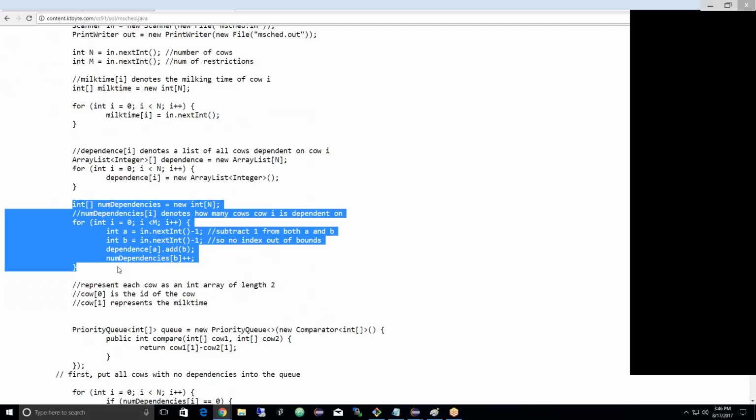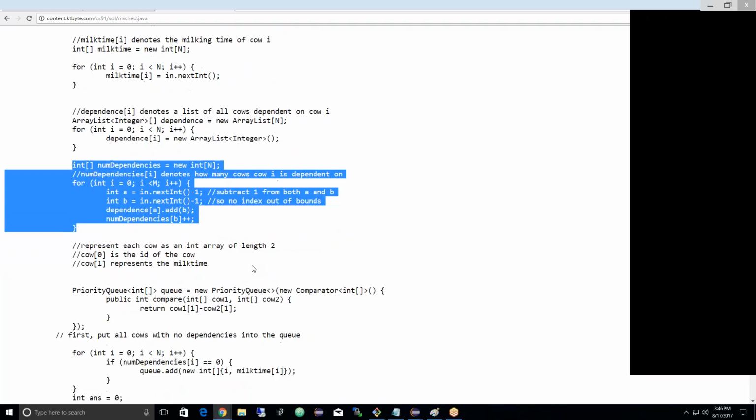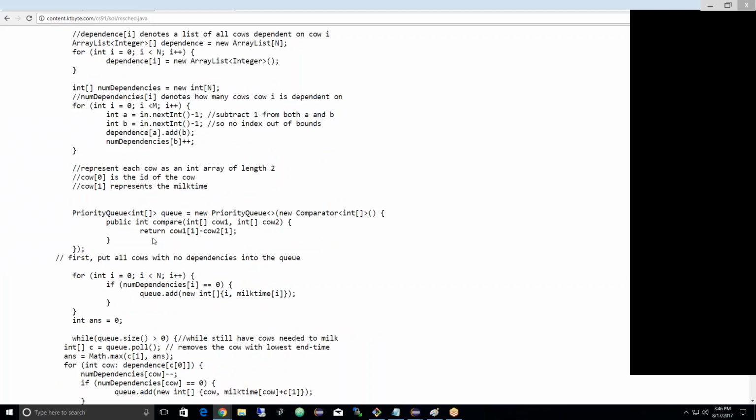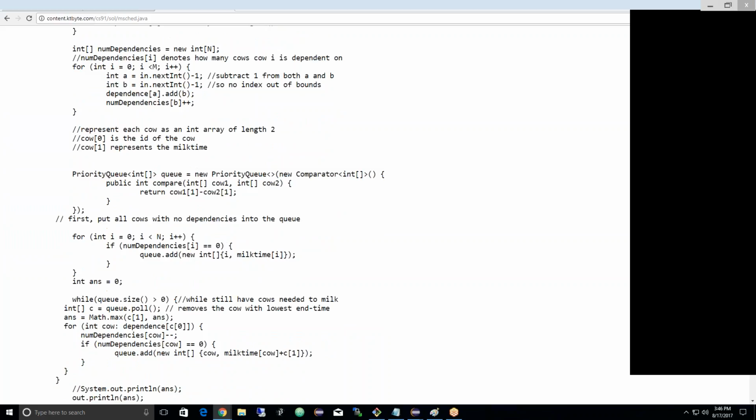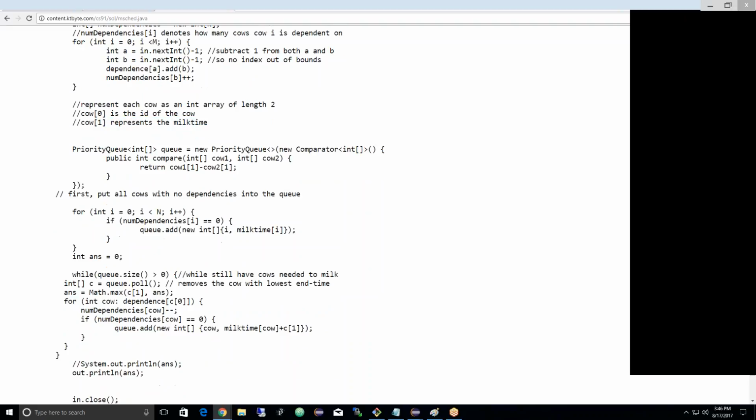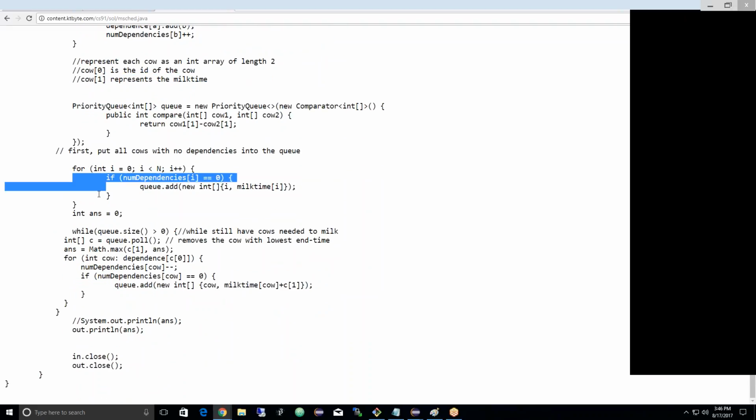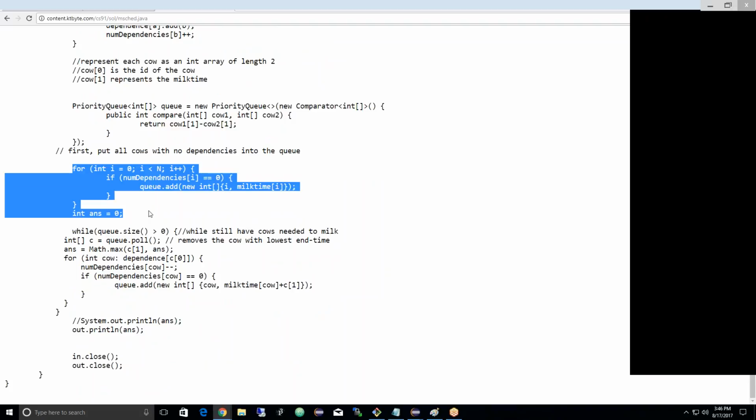Also, I have a dependency count array, so that for each cow, when we do that simulation, when the number of dependent cows reaches 0, we go ahead and put that in the priority queue. Okay. So we have a priority queue of cows. Well, we sort them based on the milk time, and we initialize the priority queue by putting cows that don't have dependencies